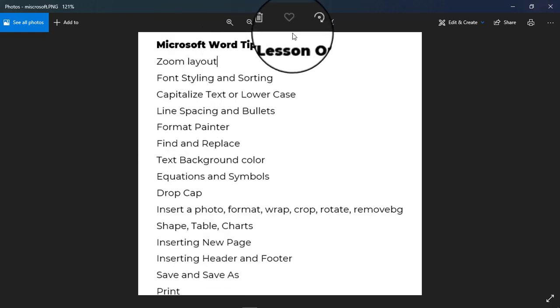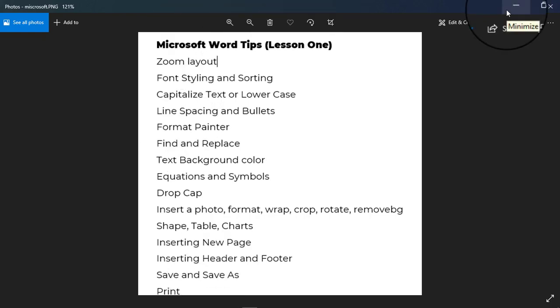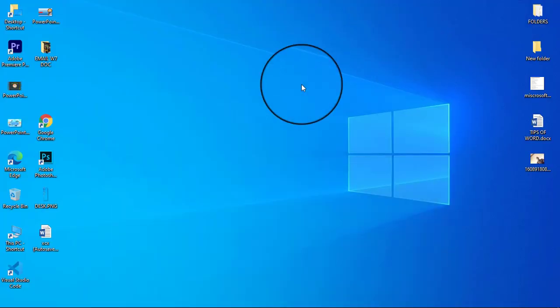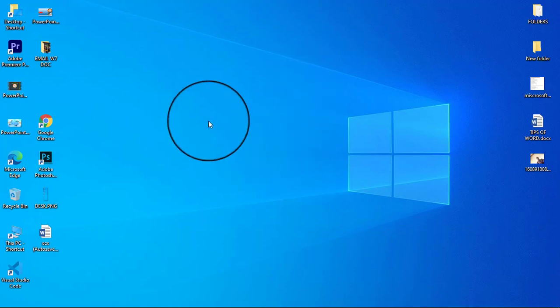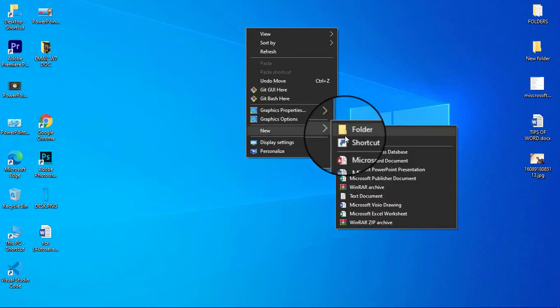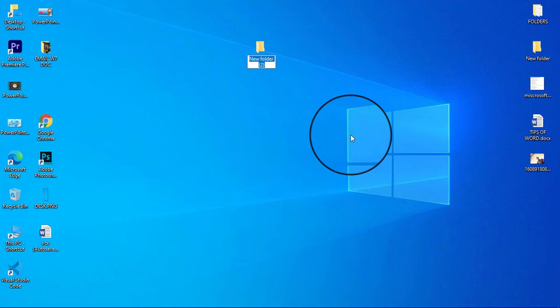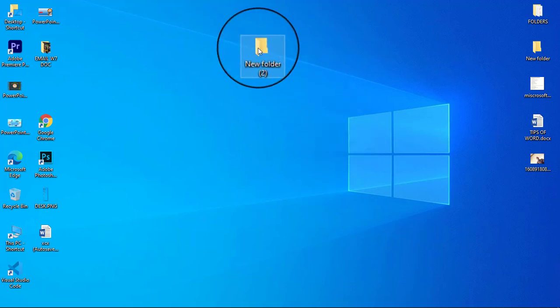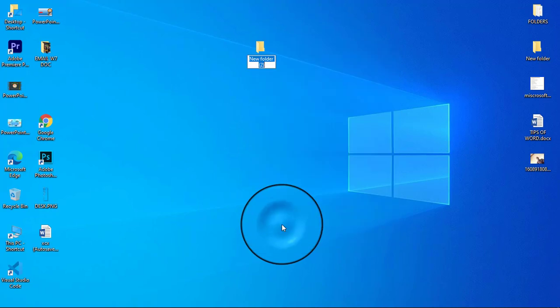So first of all, for the beginners, if you don't know how to start up, since you have Microsoft in your computer, you just have to go to the desktop here. Maybe I want to first create a folder, then in that folder is where I'm going to create the Microsoft Word document. So first of all, you right click on any space on the desktop. You right click, you go to new, then you go to folder. Then if that folder is created, you right click on that folder. You rename that folder. Maybe I give it a name of micro.